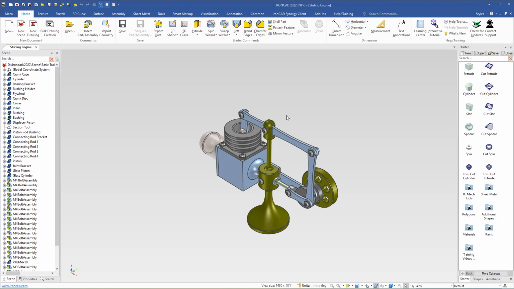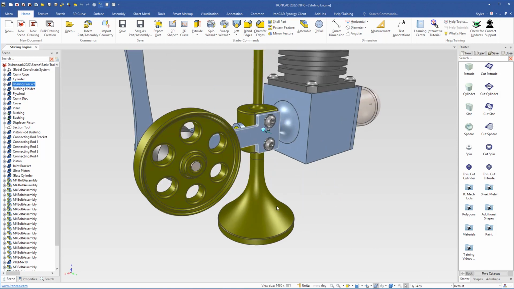Now when we have finished the Stirling engine, we will take a look at how to model some parts in a different way. We will use a different approach to get the same result. So we will begin with the bearing bracket here. So I will move the camera to the flywheel, and we select the bracket and come over to the scene browser